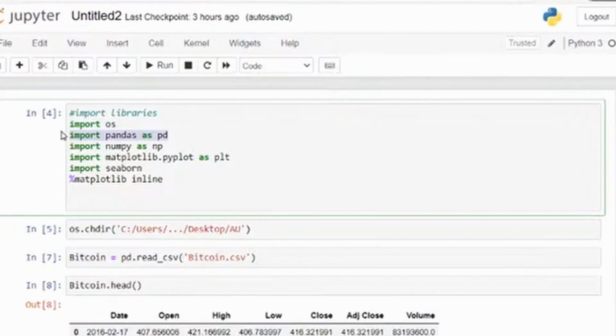For pandas you need to import data and do data manipulation, so on and so forth, and numpy is numerical Python, so you need that in order to perform numerical calculations, and matplotlib and seaborn are the libraries which will help you to visualize your data, right? So these are some of the libraries that you will need in order to perform analysis on any data, and